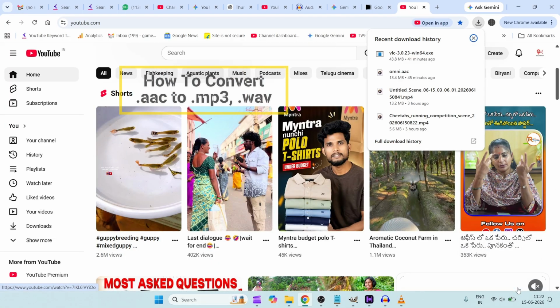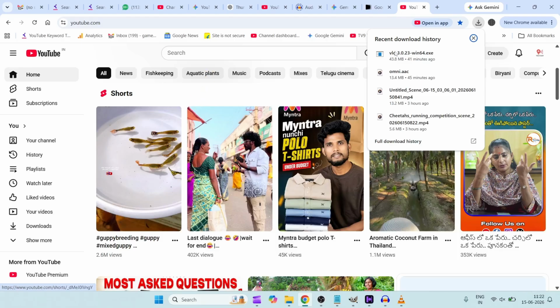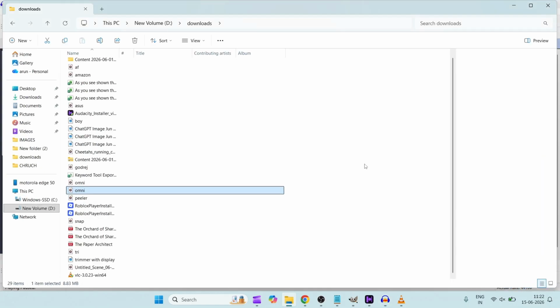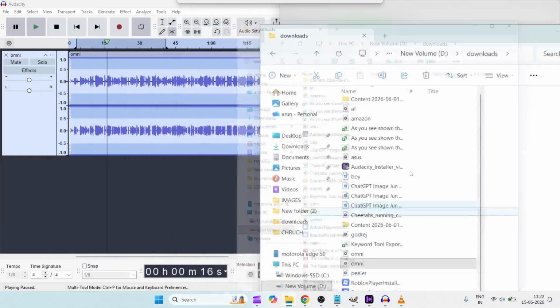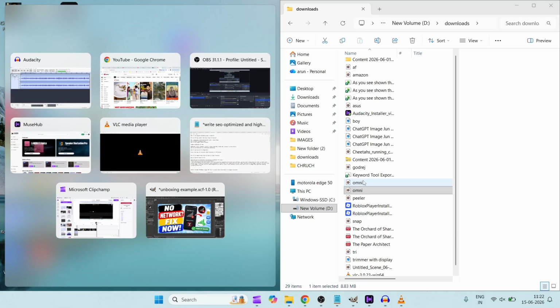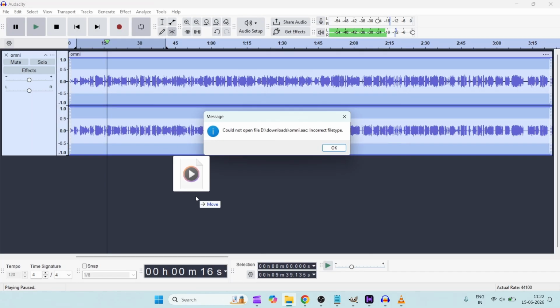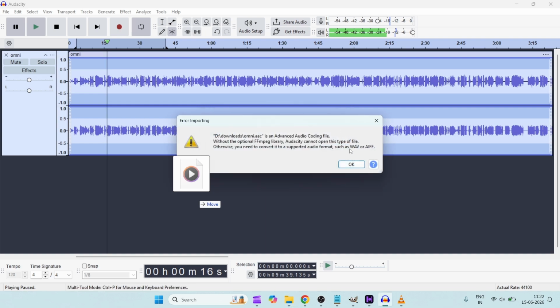Today in this video, I'll tell you how you can convert .AAC audio file to .wav or .mp3. See here, I have a practical requirement. I need to use this .AAC file in my Audacity. When I try to import, it is saying incorrect file type. So I can convert to